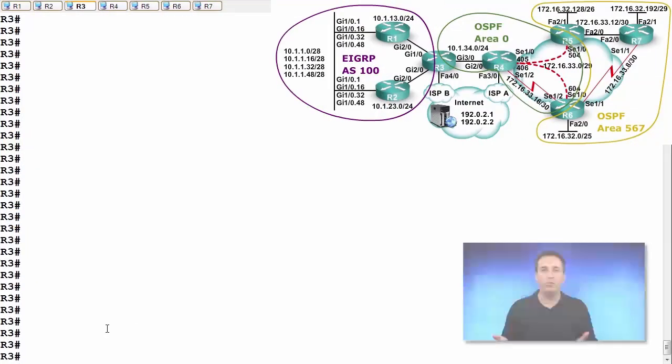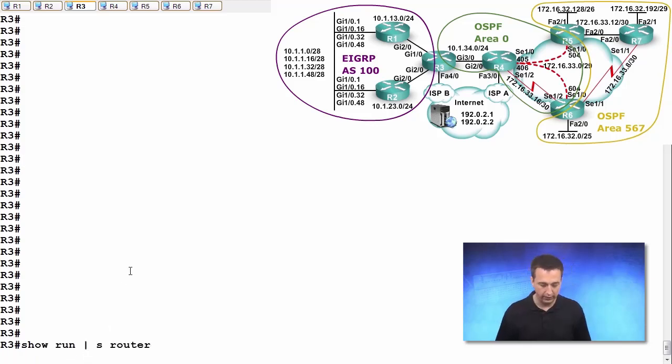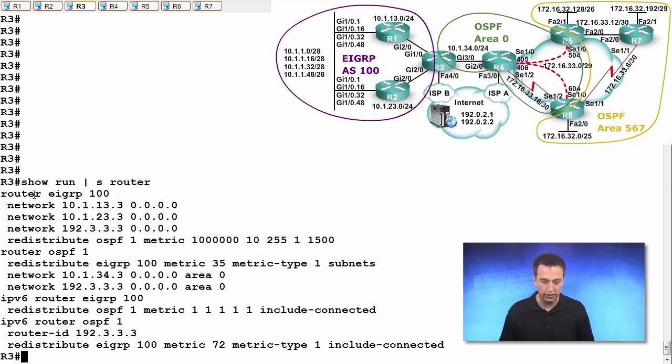Let's do an example in our live environment. R3 is performing redistribution for us. We are redistributing from OSPF into EIGRP, and EIGRP into OSPF. Let's take a look at the configurations that we did earlier. Show run pipe to section router. Looking at this output, we'll see router EIGRP 100